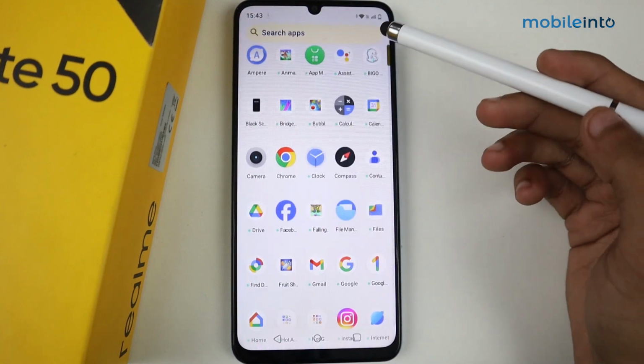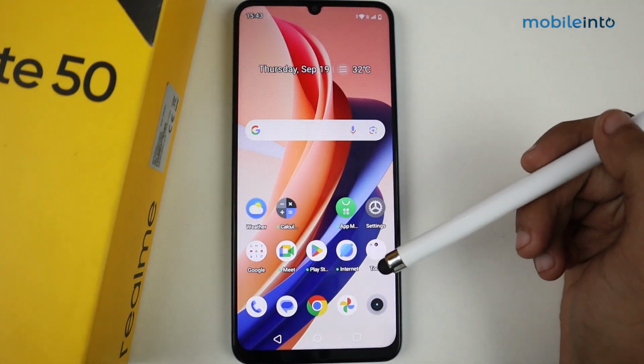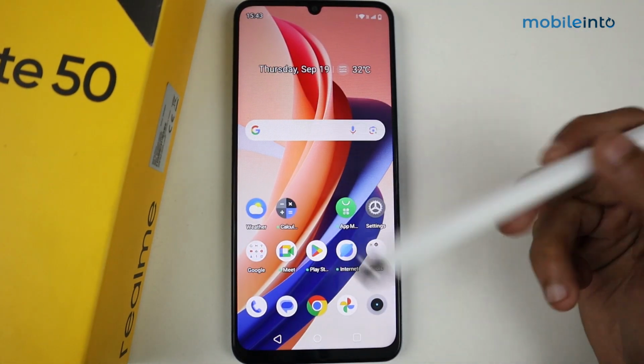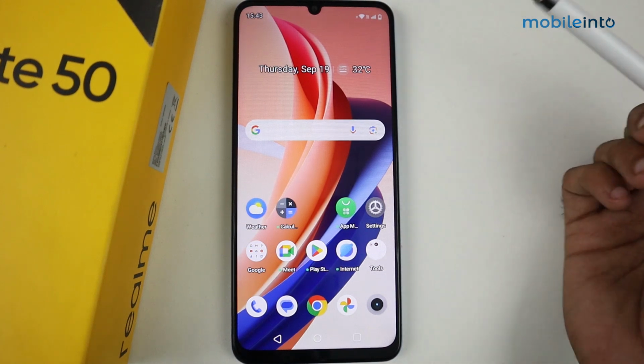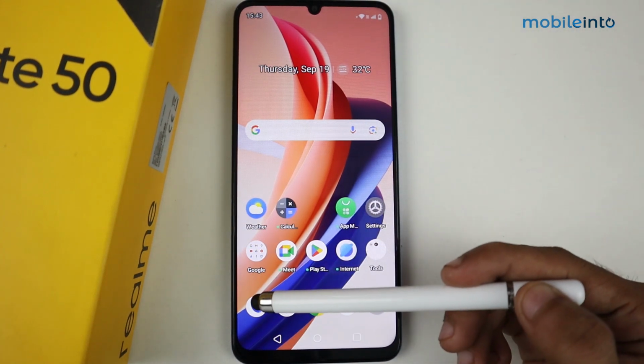Hey guys, what's up? In this video, I'm going to show you how to record calls in Realme Note 50 device. For this, all you guys have to do is just go to call logs